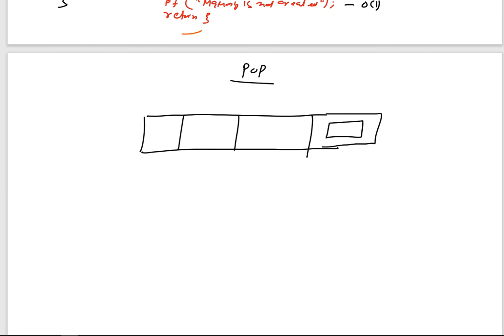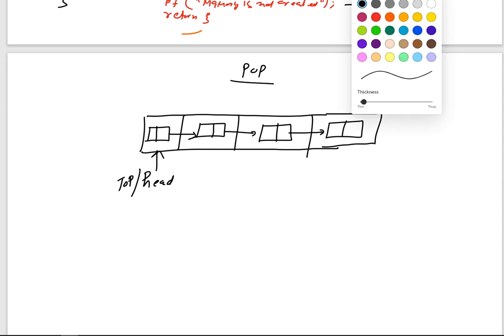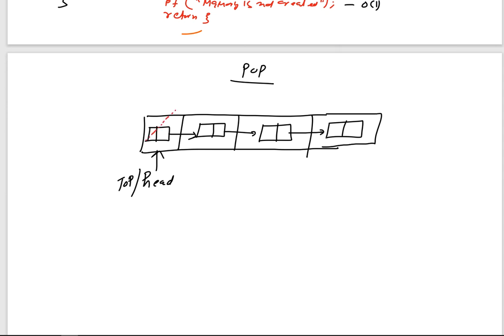So what is the top element? The top element here is this one. If this one is the top element, you can call it the head or call it the top, one and the same thing, because initially in the case of the linked list, we usually called it the head. You can take it both ways, but for that you have to initialize this as well. We have to delete this first top element, because the pop operation will delete the element from the top only.